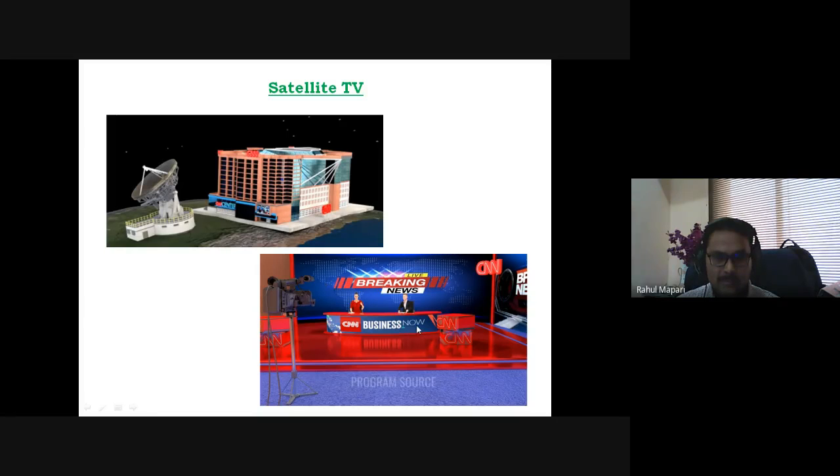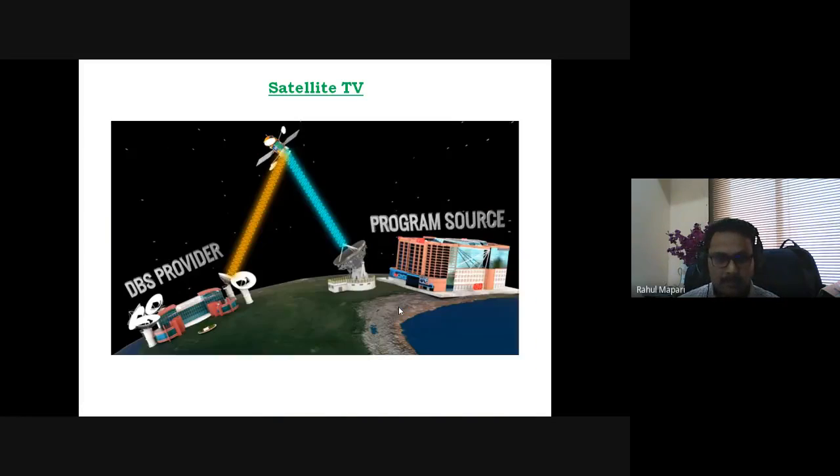This is a CNN studio. Likewise in India we have Zee, Sony, Star, ABP Maza, Colors. They have their own studios for shooting. After completion of the program, that program is purchased by the DBS provider.